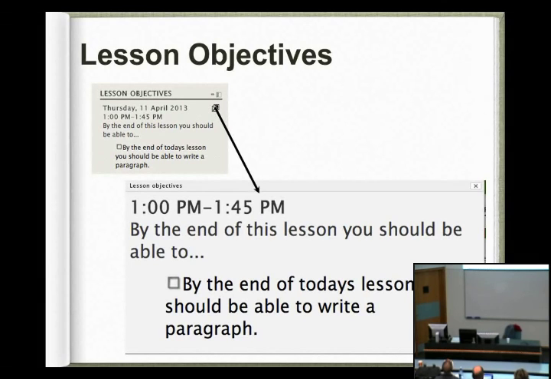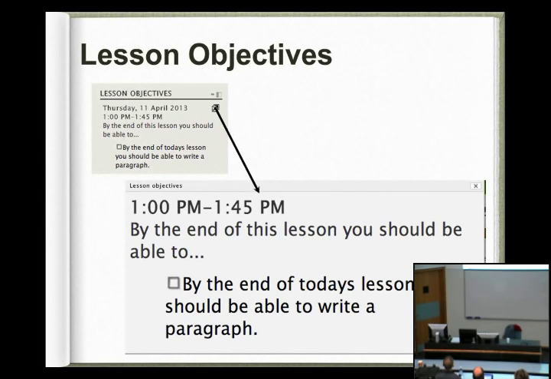That is all based on time, so you can set up the timetable for your lessons for your class, and then you can type in your objectives for that lesson. When the students log on at that time, in that lesson, it will bring up the objectives for that lesson. If you click on the expand box where the arrow is coming from, it puts it into a nice big block. So if you're using it with your class, you can expand it up and they can see it on the data projector really